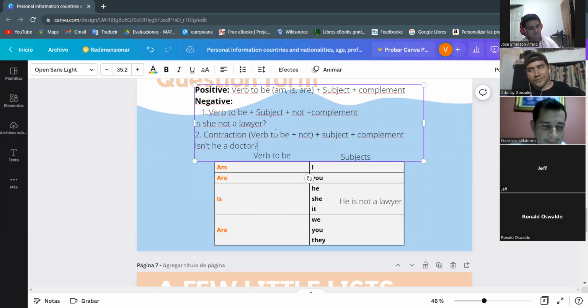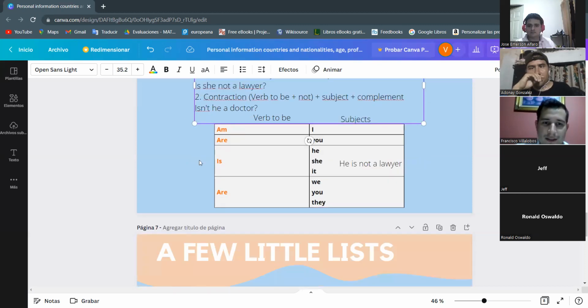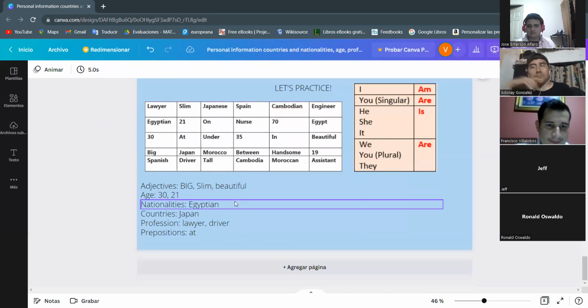If you're going to use an adjective, it cannot be counted. No se puede contar el adjetivo. So you cannot say a or an with beautiful. You cannot say that. So you just say, isn't she beautiful? Isn't she beautiful? Okay. Great. Good job. Thank you, teacher. You're welcome. All right. And let's see the last one.